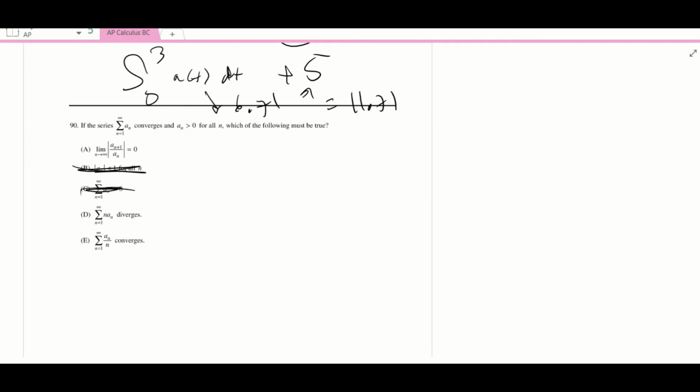I mean, it could be true, but it's not necessary, because a_n could be like 1 over n and then something else, which negates this n here. So this doesn't have to be true. And for E,